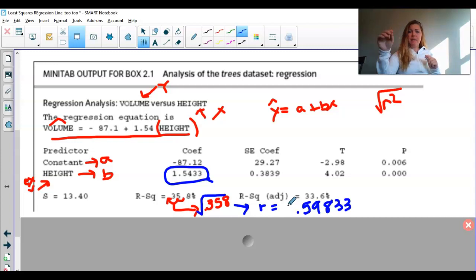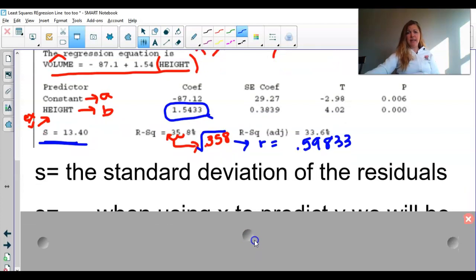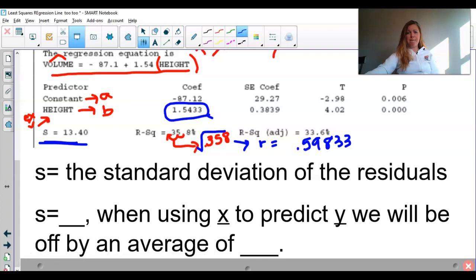And the last thing I want to talk about in this video is just this S. This is the standard deviation of the residuals, okay? The standard deviation of the residuals. And you will be asked to interpret that as well. So I have a statement down here for you, okay? S equals blank. So this is where you put the value. So in this case, you would say